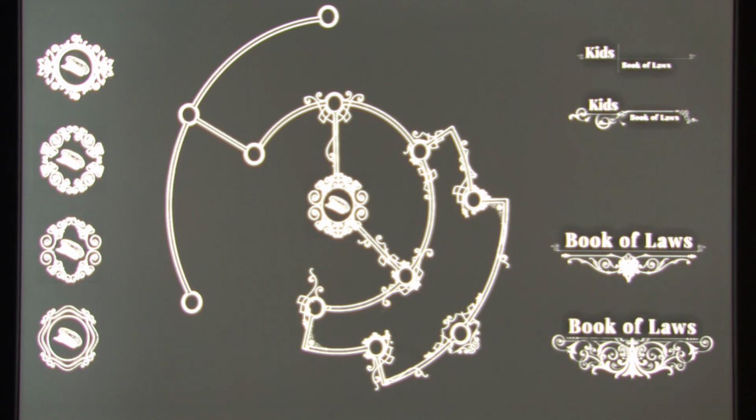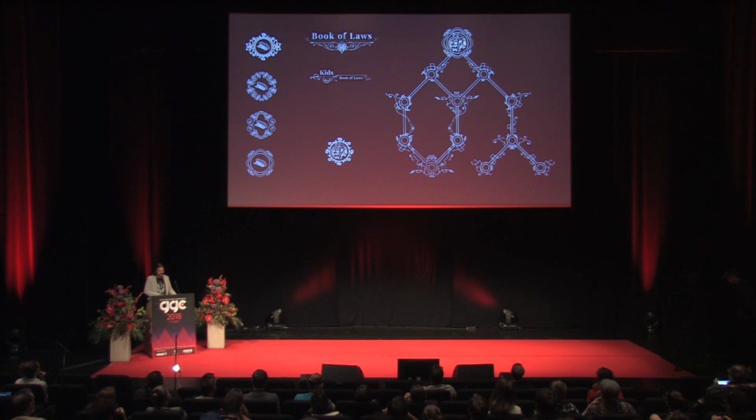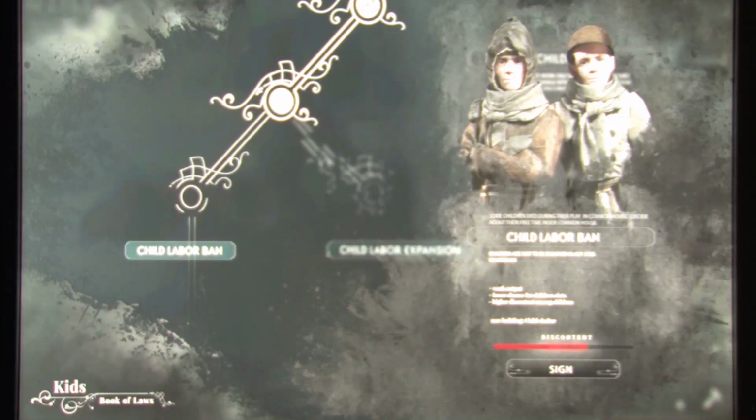The first idea was a circle, like in the city, since we are building the city on a circle. But it wasn't so great because it didn't fit our idea of a history of laws. So we created something like a tree of laws. And when you sign a law, the tree grows to the next node, and it should be clear for the player. The main challenge was to connect everything together: tree, illustration, and description of the law. So then it looks like this. It was our first playable prototype.